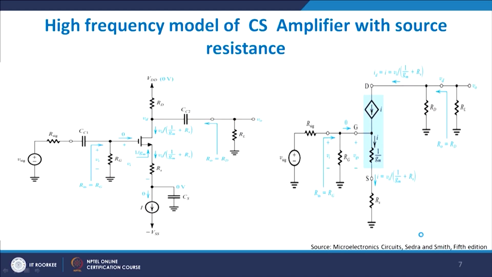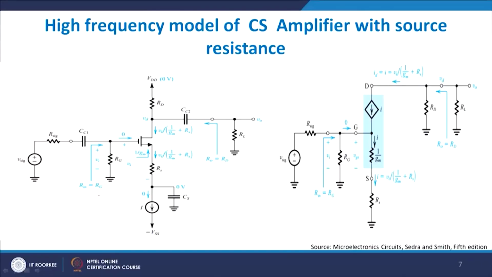Let me come to the high frequency model of the CS. So that was the low frequency model, and let me come to the high frequency model as I discussed with you. If you look very carefully, this is again the same thing, Rn equals Rg, and from looking from this side it is only 1/Gm plus Rs. So the resistance offered at the source end is 1/Gm plus Rs, right,